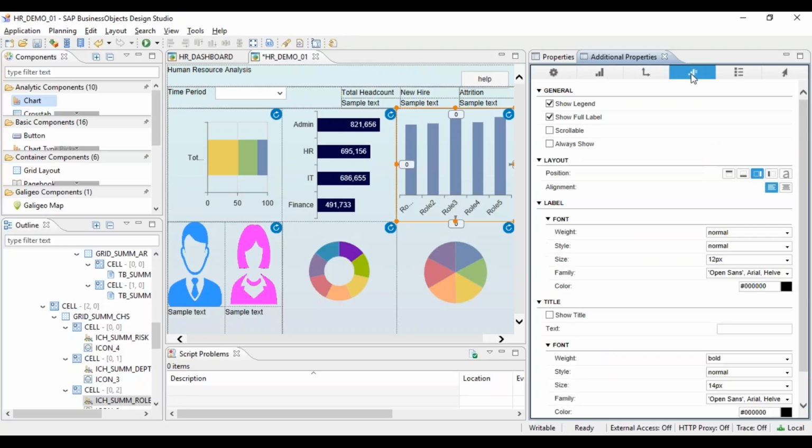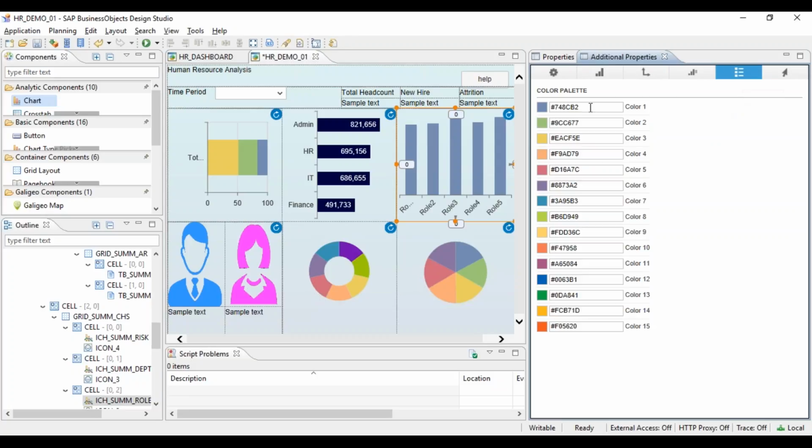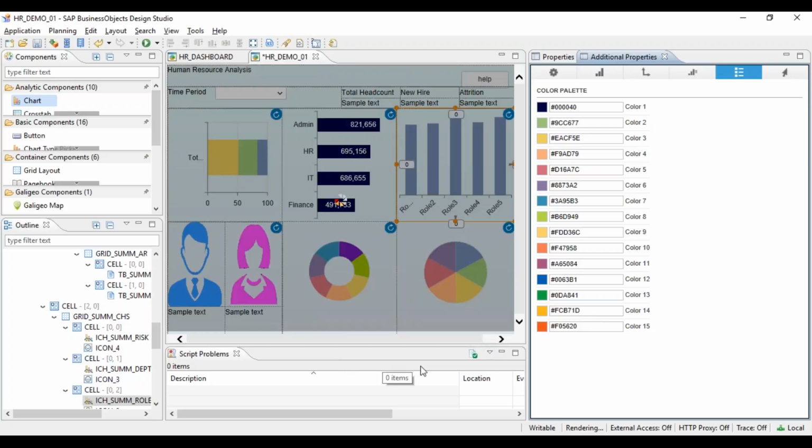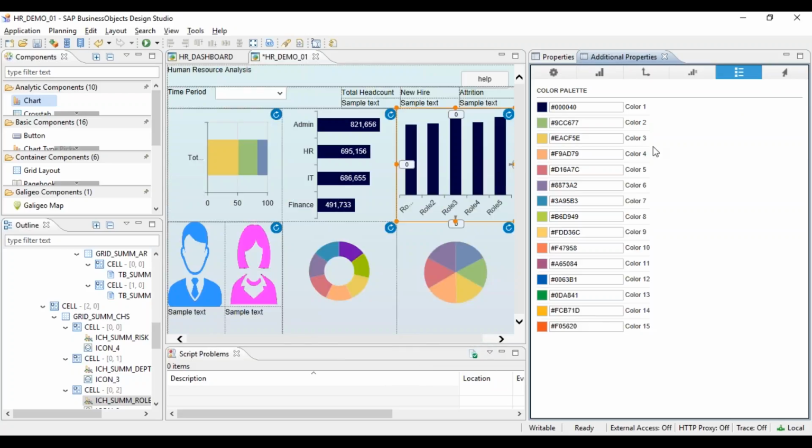Can change the font and all, whether you want to show labels. Again, the colors you can change. So try to use minimum colors, don't use too many colors, and a color should have some meaning also, and use consistent colors always. If you're using bright colors, always use bright colors in the dashboard. If you're using some dull colors in the dashboard, then throughout the dashboard you use some dull colors only. If you mix both, then it won't look good.